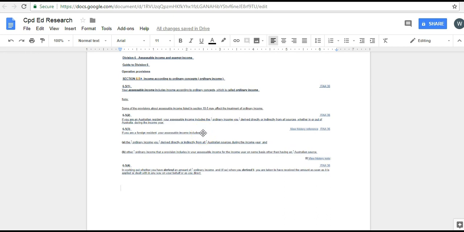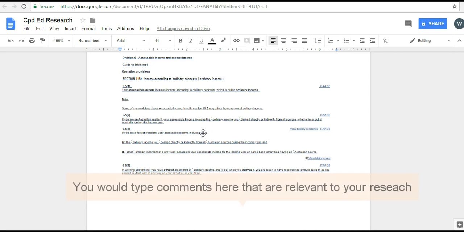So right now you just show me that you found the section of law, you've copied it into this particular document. You might be answering a question and you might make some comments down here. Now as you're recording this, it registers in the document and we have an indication then of how long it's taking you to attempt the task. If this is a CPD task, then all your research is timed and therefore we can track and you can track and you can also prove to CPA Australia, for example, how much time you've spent on your CPD